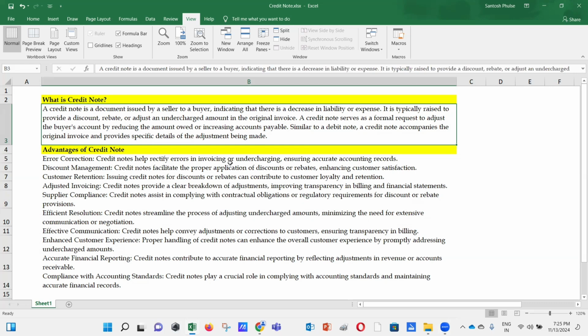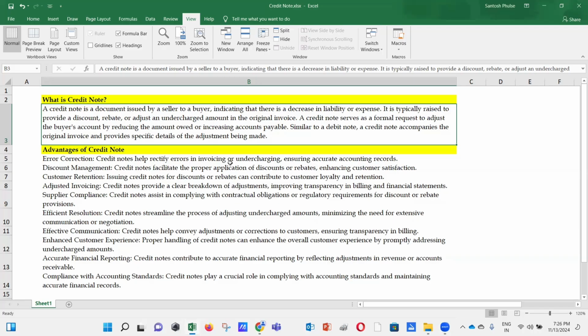A credit note serves as a formal request to adjust the buyer's account by reducing the amount owed or increasing accounts payable. Similar to a debit note, a credit note accompanies the original invoice and provides specific details of the adjustment being made. So credit note means that when we raise any invoice on a customer